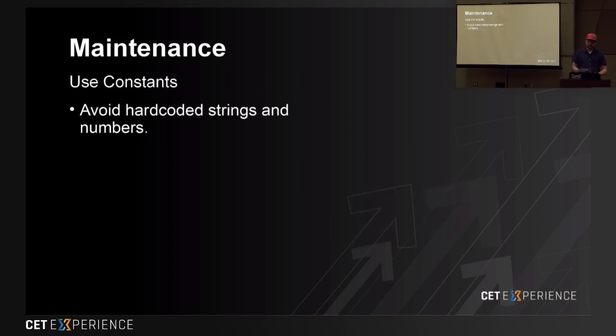So, what are some of these things we can do? Well, use constants instead of hard-coded strings and numbers. This is especially helpful if the values change, mainly because if you have to change the values individually, you need to change them everywhere you used it. And who knows if you got them all, if you missed some, if you changed some that were the same value but unrelated. Using a constant can save a lot of this headache and ensures that any changes will be